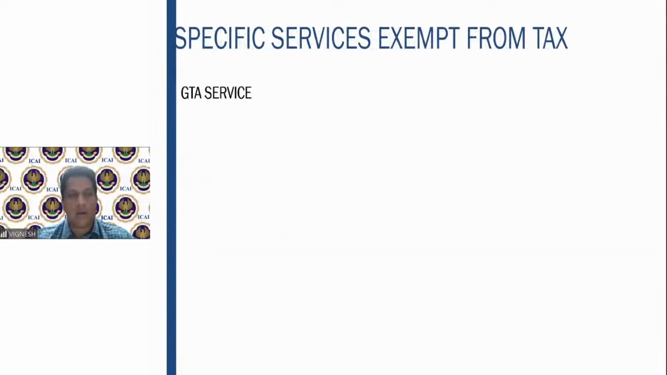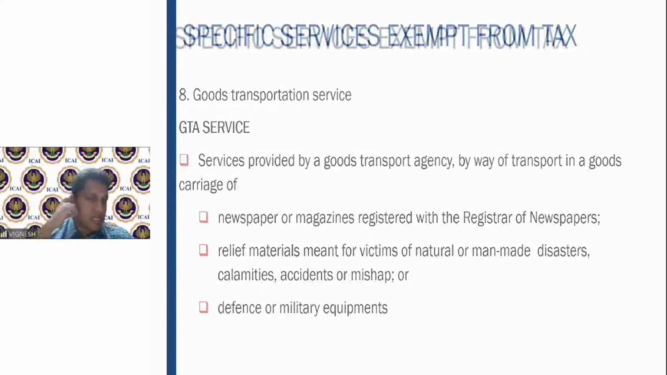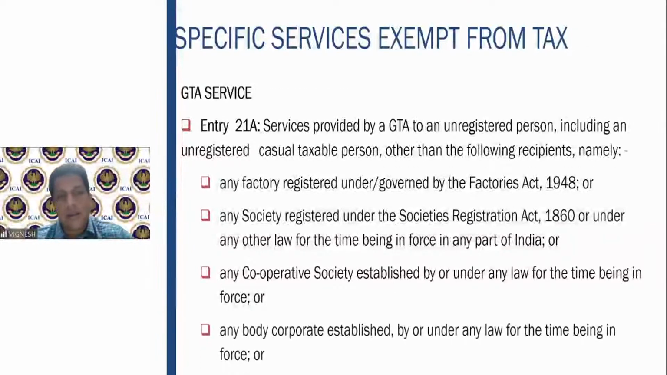Critical amendment, please make a note of it. Entry number 20, okay, entry number 21, okay. Definitely a question can be expected based on this one. Then entry 21A, services provided by GTA to an unregistered person, including an unregistered casual taxable person other than the